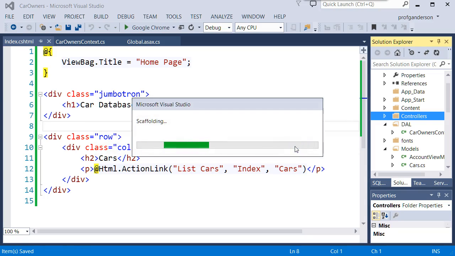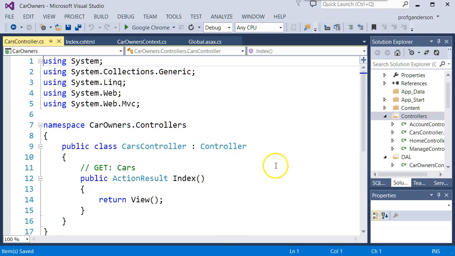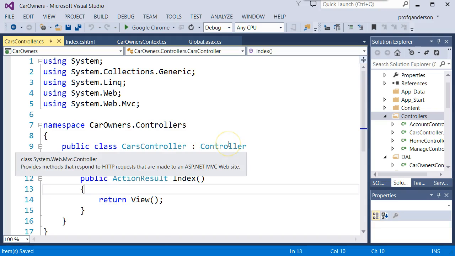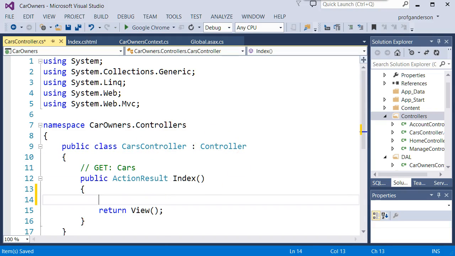Click Add, and this will be a strongly typed view. Then we need to go to the controller index, and within this whole controller we need to add this line